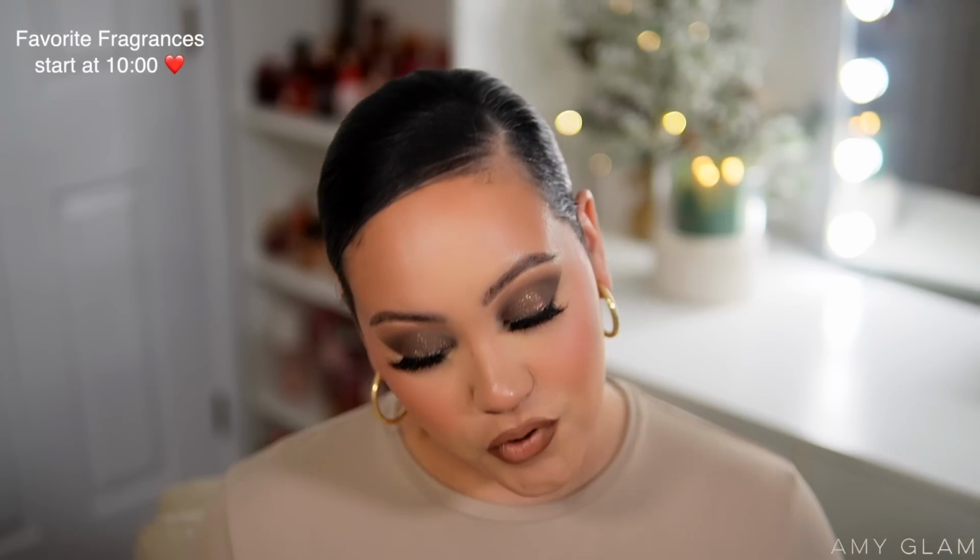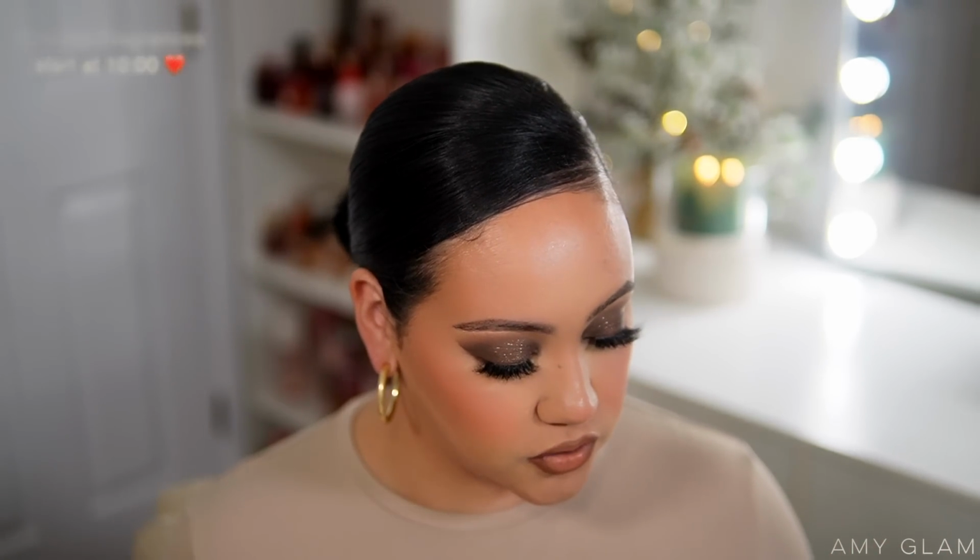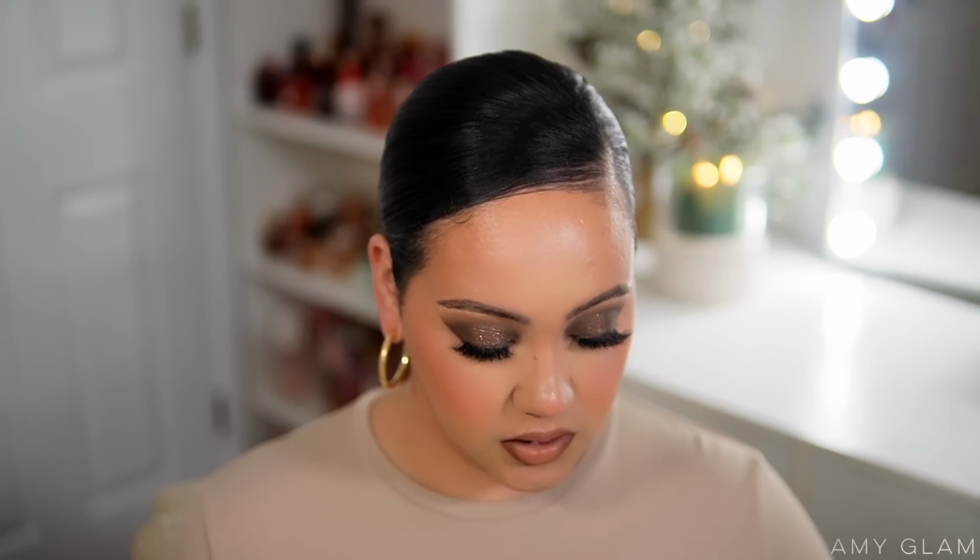I'm going to start off with makeup this time, which I don't have a lot to show you guys. So I'm going to do that first, and then we're going to go into the fragrances. And I know that's what you guys love the most, but I just wanted to share the makeup first this time. So I have really been loving some foundations, and the only thing I will say about these is that now